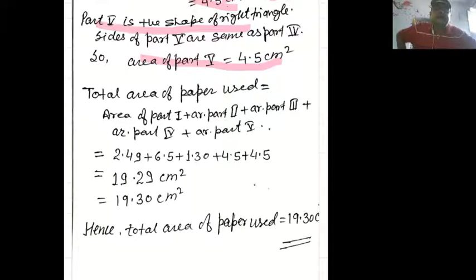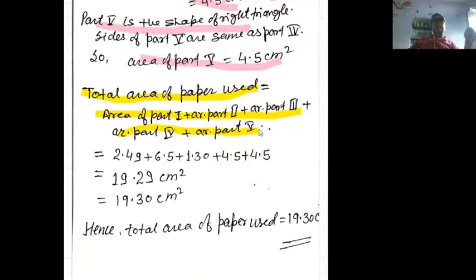Therefore, total area of the paper used equal to area of the first part triangle, area of the second part rectangle, area of the third part trapezium, area of the fourth part triangle and area of the fifth part triangle equal to, सबको ऐड कर दिया,